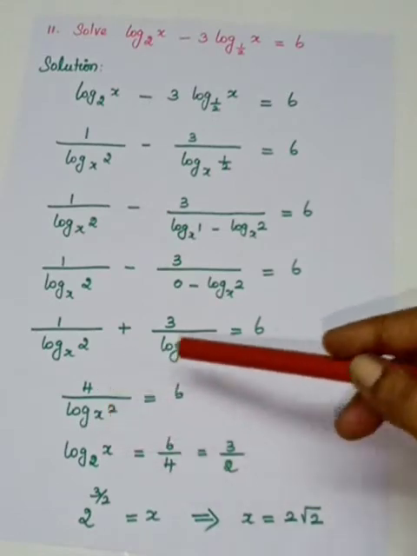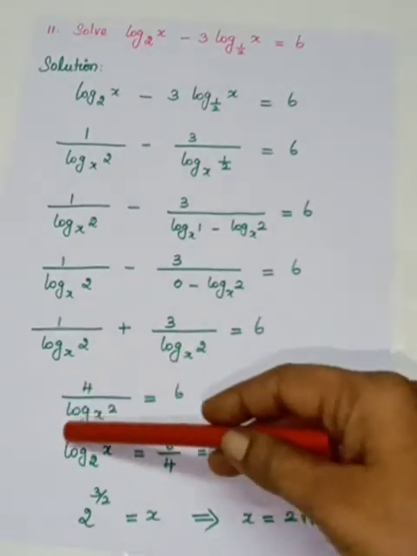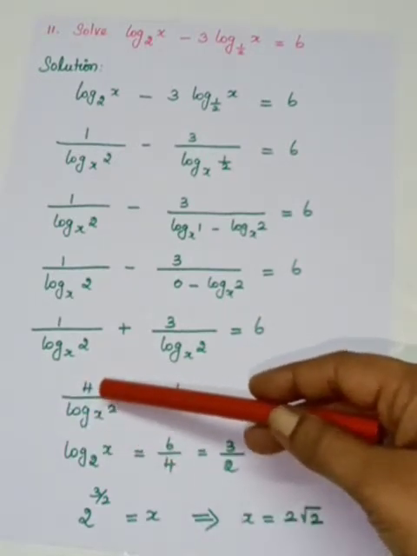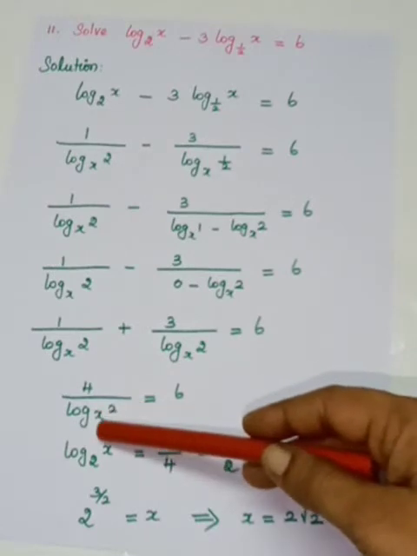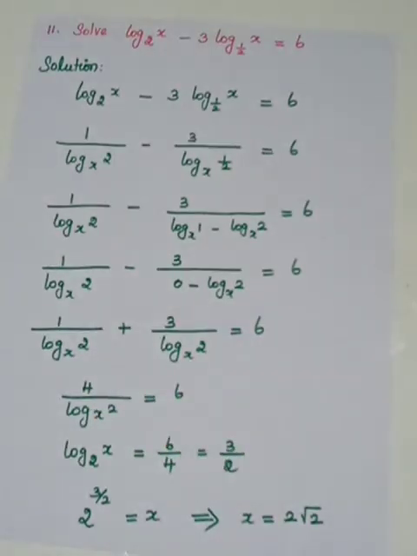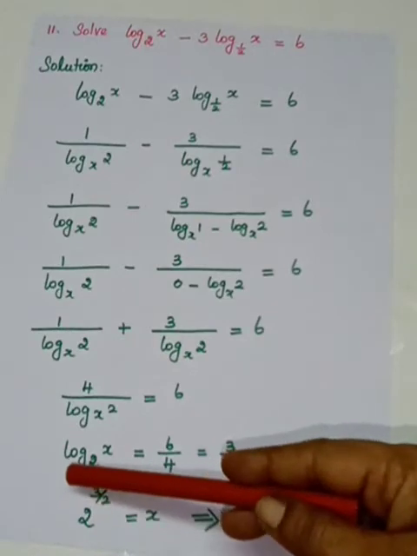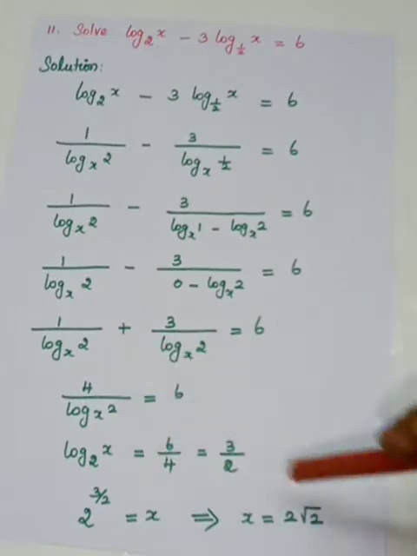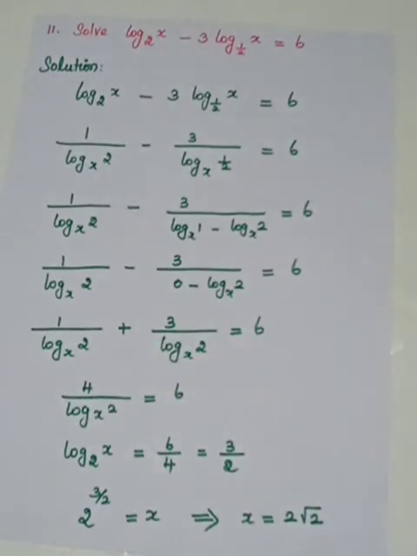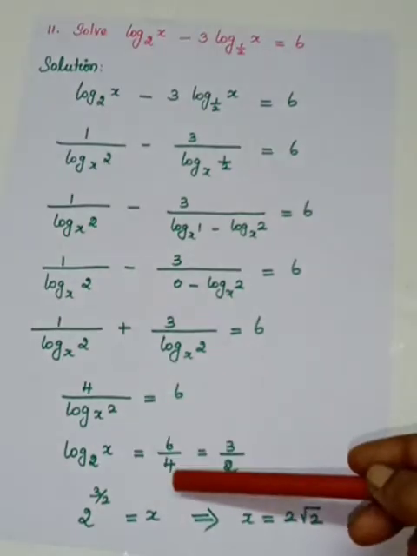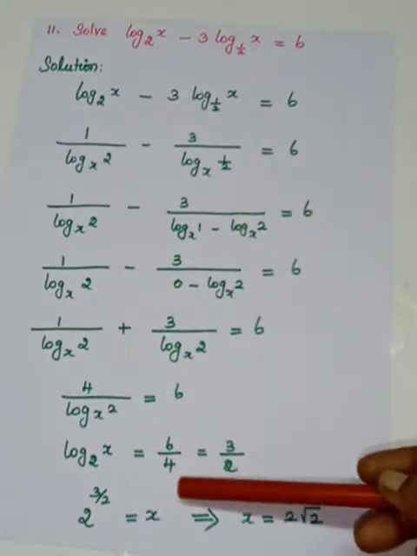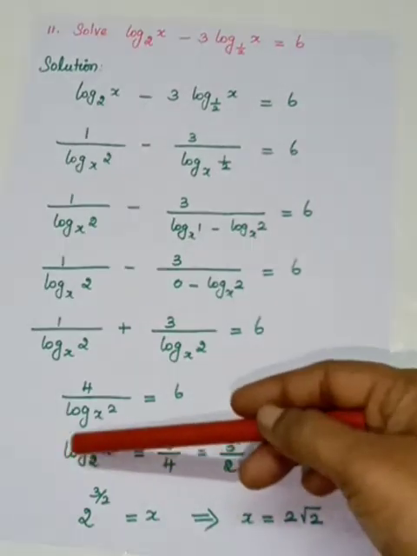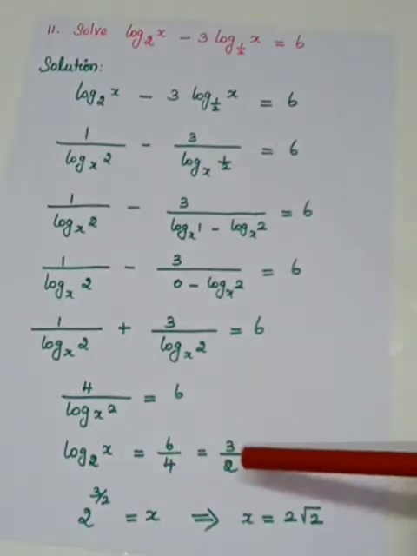Okay, so here you have to apply the change of base rule. It is in the form of 1 by log 2 to the base x. So when you bring it to the numerator, if you apply the change of base rule, it can be written as log x to the base 2, because it is already in the denominator. When you reciprocate it, it is log x to the base 2. And this 4 will come to the right side in the denominator. So it is 6 by 4. What is 6 by 4? That is 3 by 2. Okay, now what do you have? Log x to the base 2 is equal to 3 by 2.